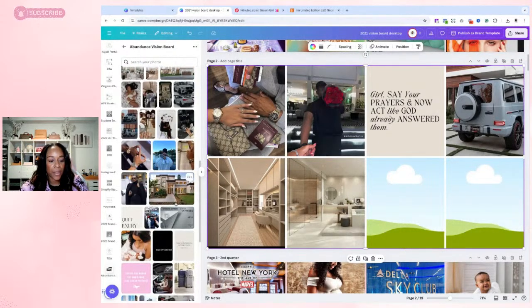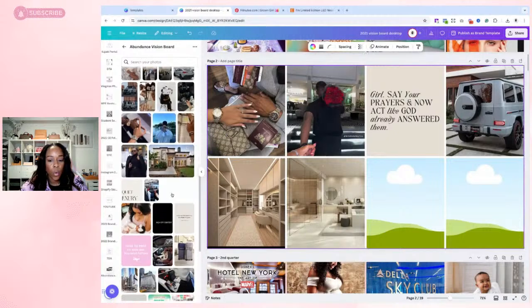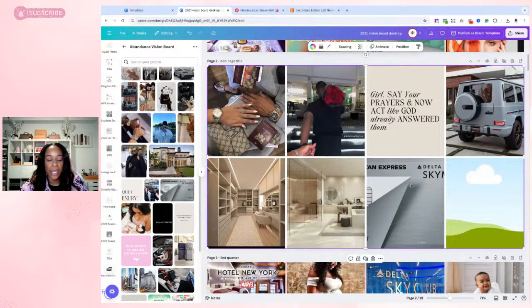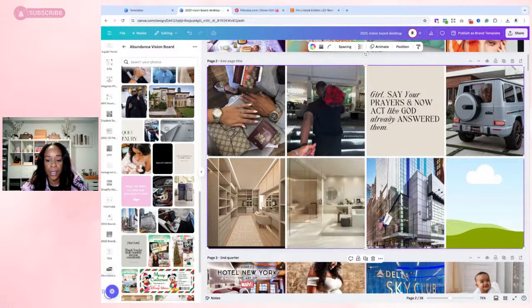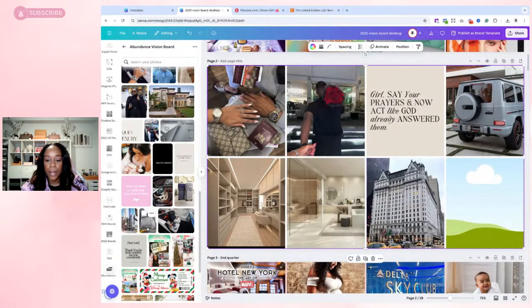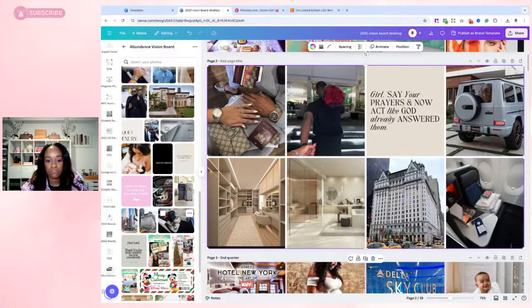Let's see other things. I may want a new company credit card. Now, clearly that doesn't fit. So that's where you'll have to figure out if you want another board for just horizontal pictures, but you kind of get my drift. This is what I did to manifest my event in New York. I put a picture of something that resembles New York, and I put a picture of my flight. Okay. So let's just say this is my vision board.